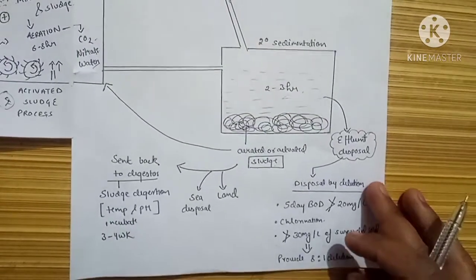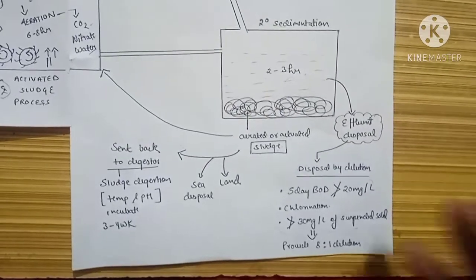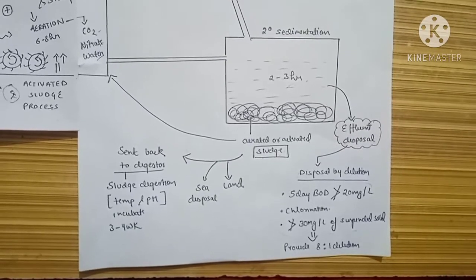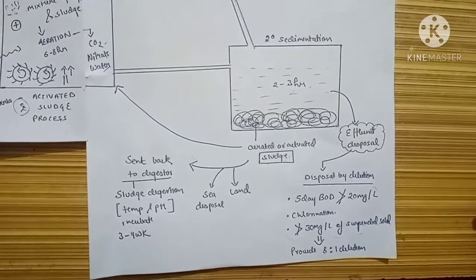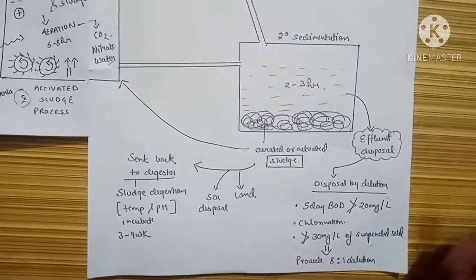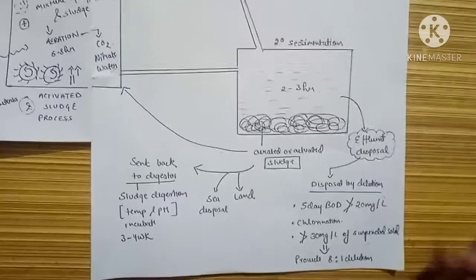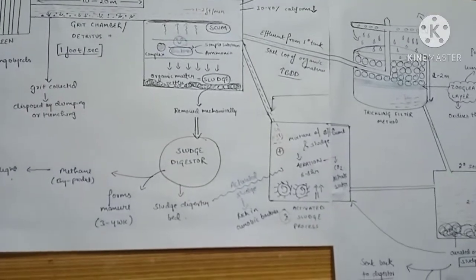Now what is actually happening is that industries are using a lot of chemicals, and even after following these criteria and spilling into the river, the chemicals are not treated by this sewage treatment plant, and there is still a lot of harm to our aquatic life. In many countries they have reduced the 5 day BOD limit to around 10 milligram per liter. That is a great step, and we are looking forward to developing a method of tertiary treatment for further refining of this effluent.